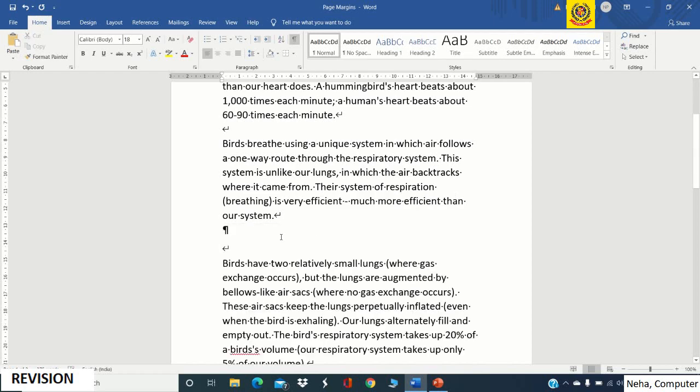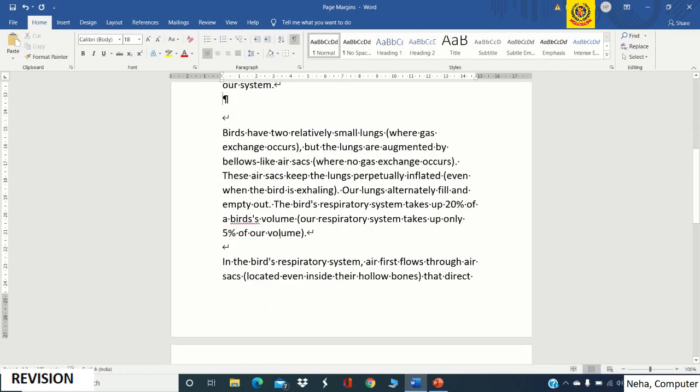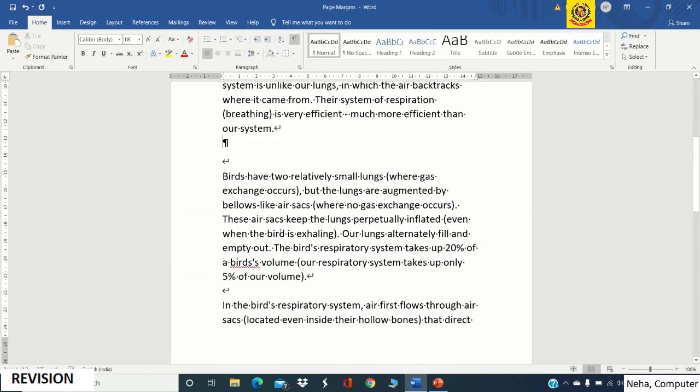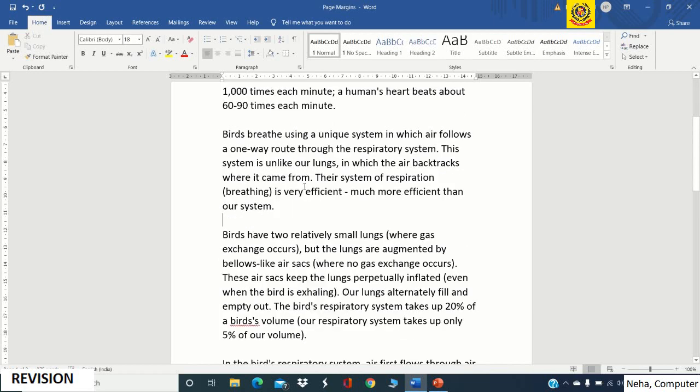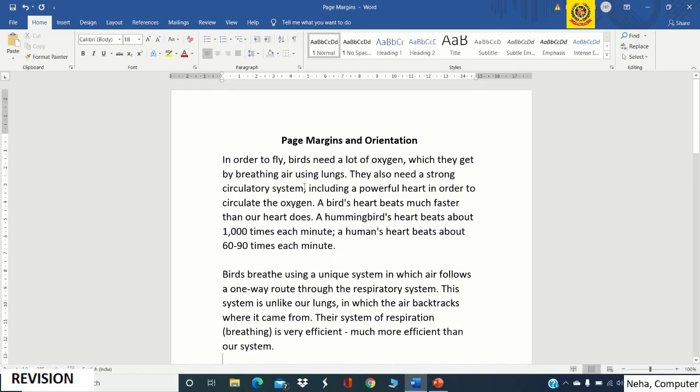As you delete, you can see that the document which was in the next page has been shown back in the same page. Now just click on the same command button and every symbol will be removed and the paragraph comes back to normal. Now in this way we can delete a break.